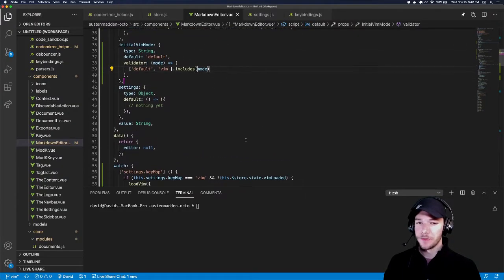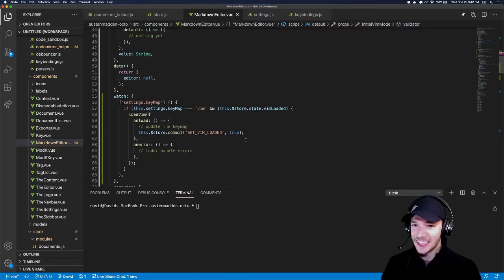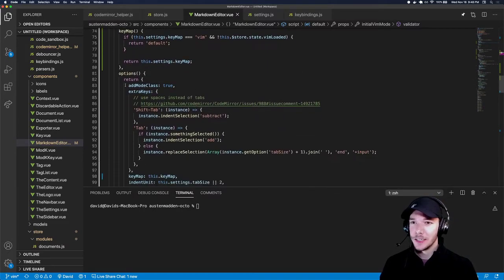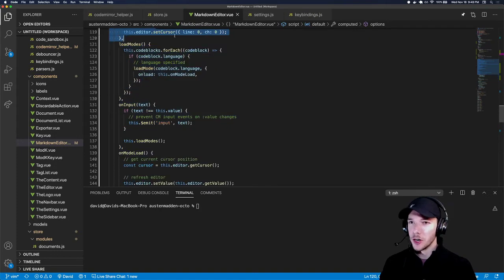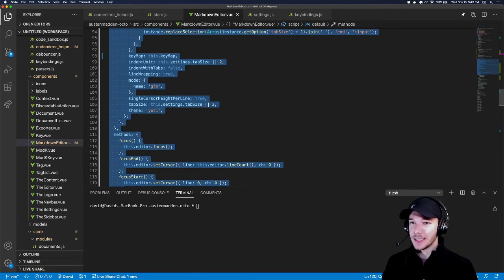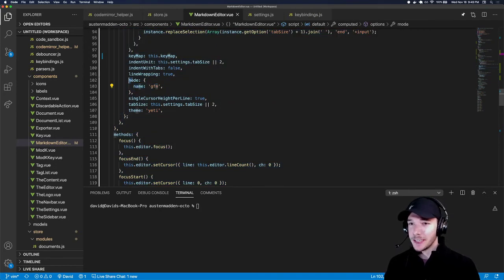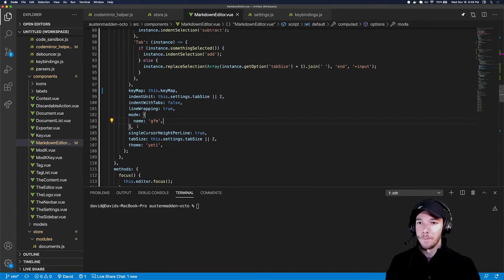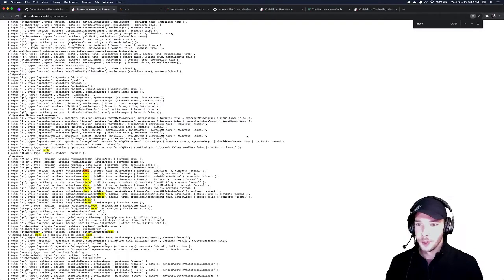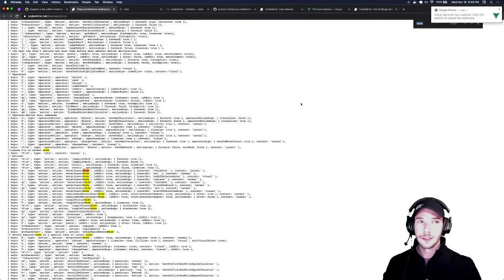So I don't think the mode file does, but I think the options that get passed to CodeMirror would. I think there's a way to pass in mode settings here. When you pass the mode in as an object, I believe it allows you to pass extra settings to the actual mode that's run. This is specifically for language syntaxing, but I bet you that keymap has something similar. So if I want to